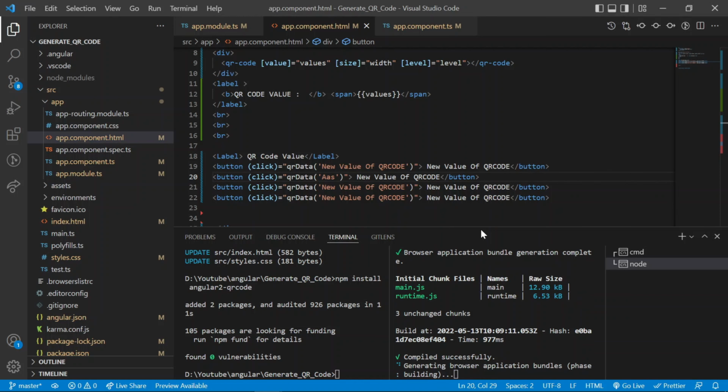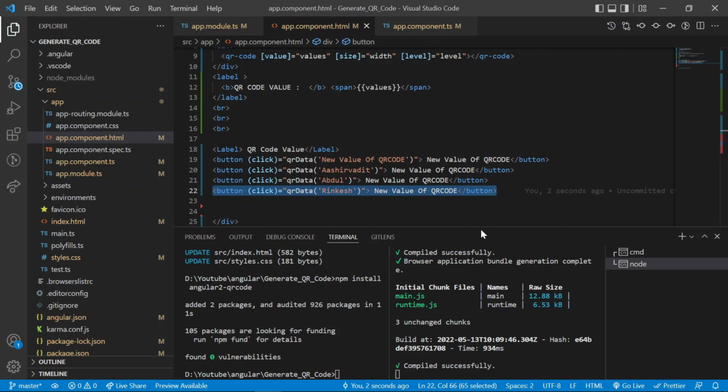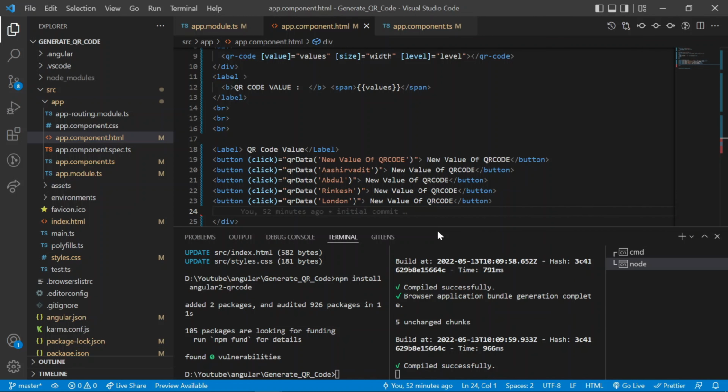I add 5 buttons to change the QR code value.